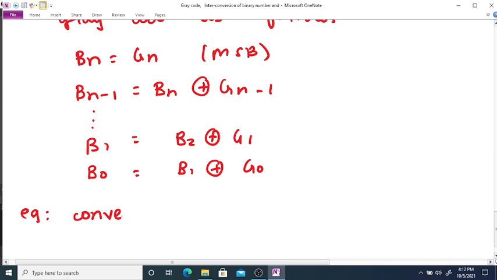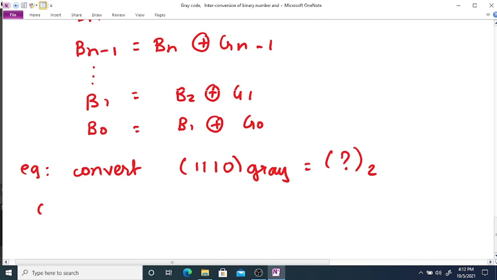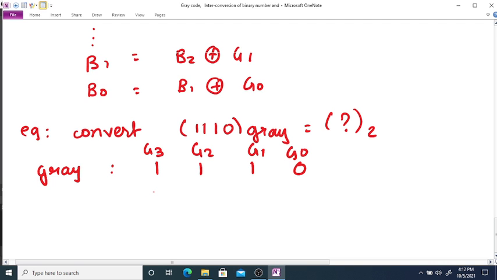Convert 1 1 1 0 gray into binary. So again we will write the gray code as it is, 1 1 1 0. We will name them as G0, G1, G2 and G3.